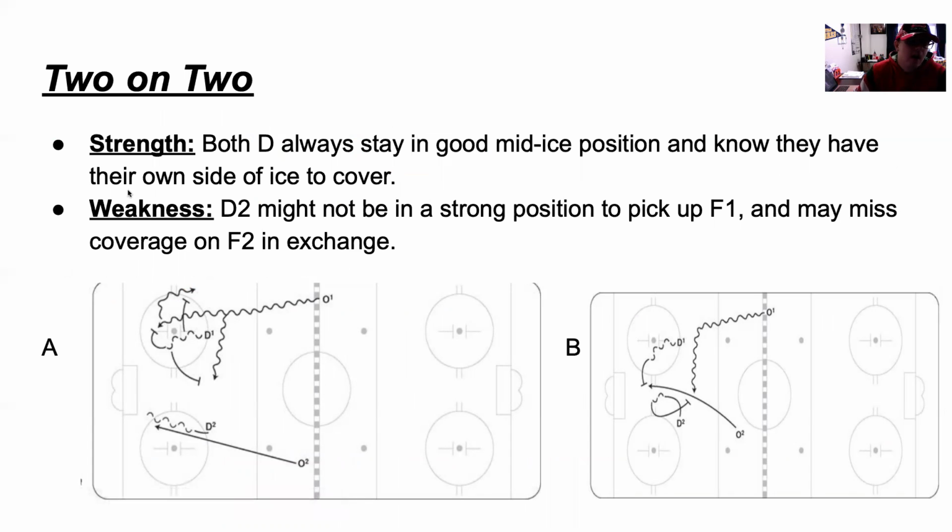So the strength of diagram B, or play B, is both D always stay in a good mid-ice position and know they have their own side of the ice to cover. The weakness is D2 might not be in a strong position to pick up F1, and may miss coverage on F2 in the exchange. So if we take a look, okay,